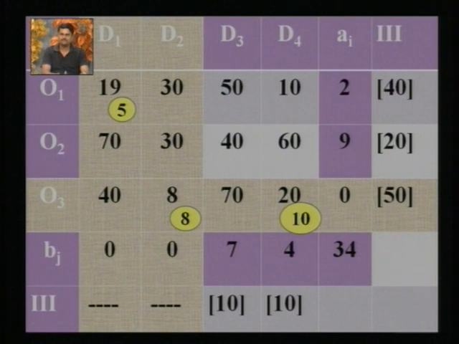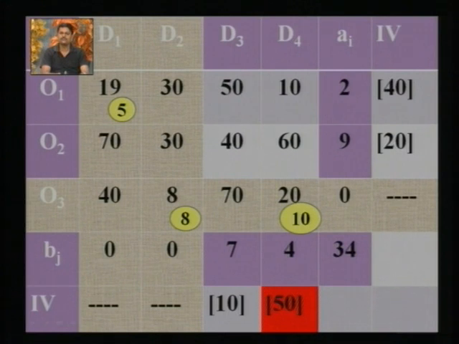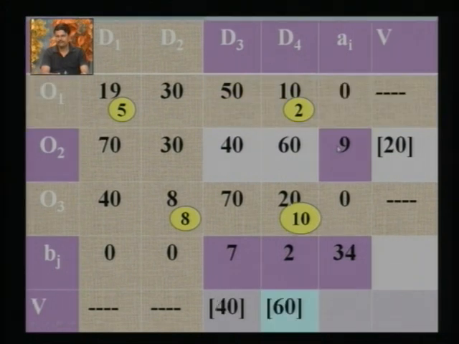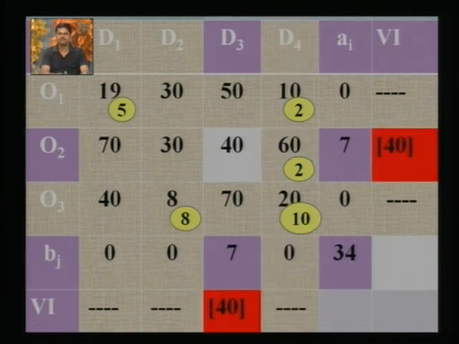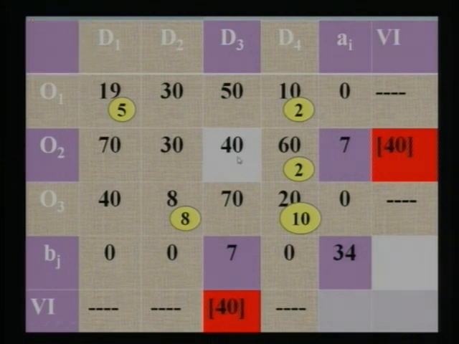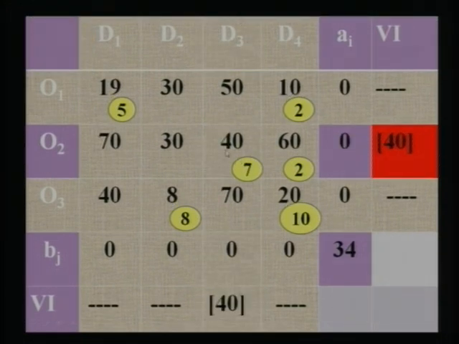So this is deleted. Again do the same in the fourth round, and again allocate using the highest penalty in this particular cell 10, 2. We have done this in the last lecture, so I will go through it quickly. And then only these two cells remain in the last round. So we calculate penalty only for this. So the highest value is 60, it is assigned 2, this is deleted. Again both are 40, we assign 7 here. So this way we have found these basic variables.